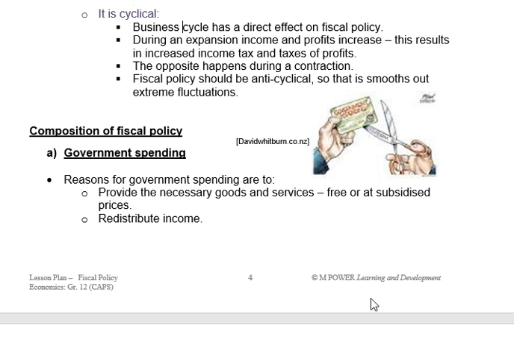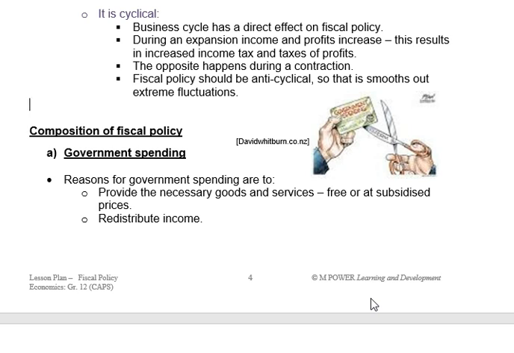Right. If we look at the composition of fiscal policy, obviously we are going to look at the government spending, we're going to look at government revenue, and we're going to look at public debt. All right, remember we did say yesterday when we did the budget that in our country, when they budget, the government is always left with a deficit on the budget. Their spending is always more than the revenue that they receive, and therefore, obviously, they will always have that public debt, the deficit in terms of the budget.